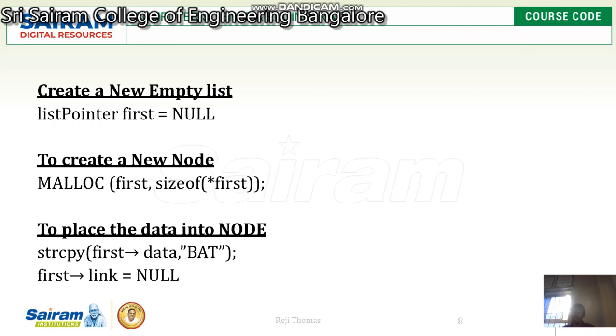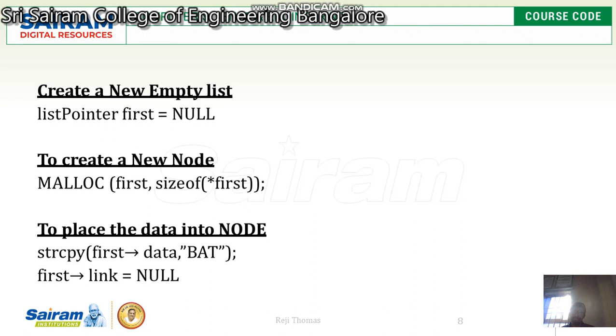What it does is it is going to copy from source to destination. So if you look at this case on our screen, it is going to copy bat, a string enclosed with the double quote, which gets copied to the first data. After this, first link is going to be null.